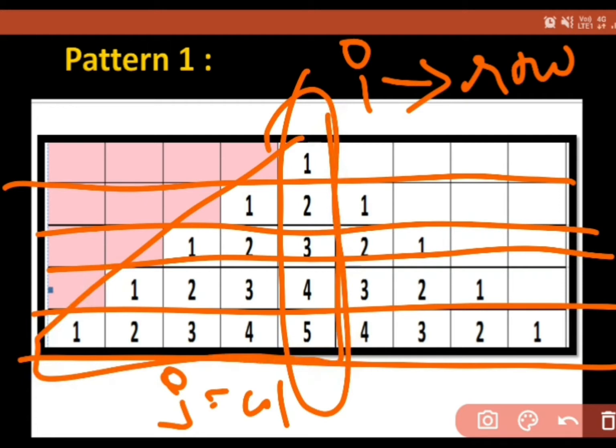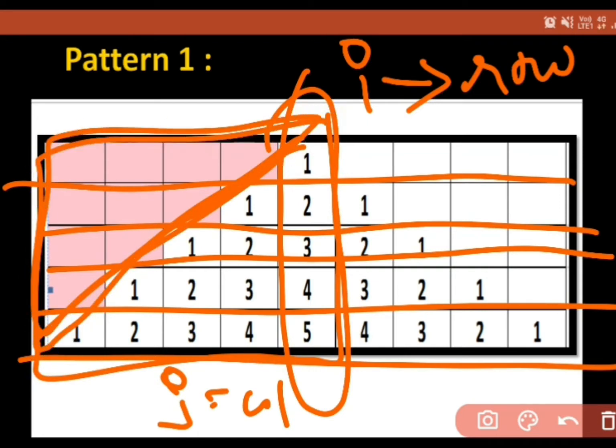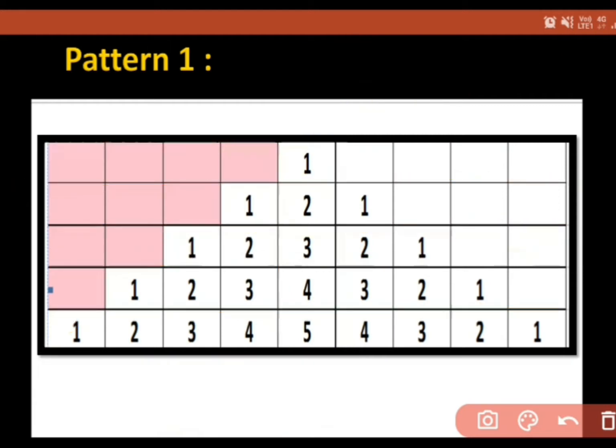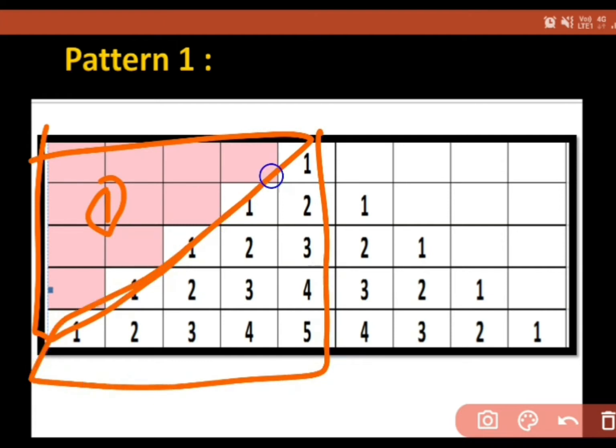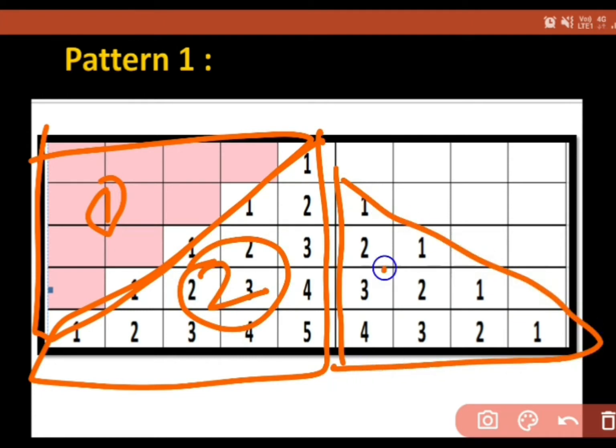And one more thing you have to keep in mind: before putting these values we have spaces here. Some sort of counting should be there for spaces. So the first thing is spaces. Then the second part is the numbers. And then the third part is a third sort of number.